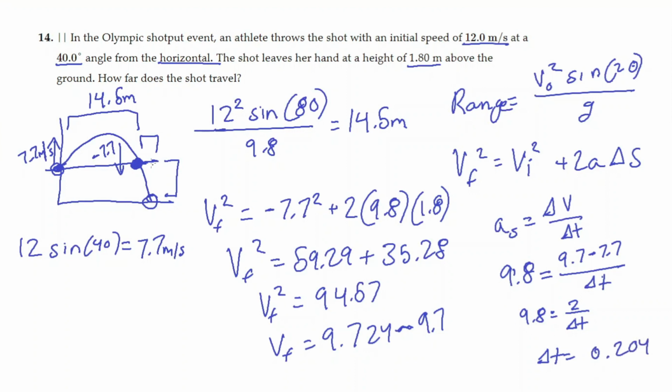So the time it takes for it to fall 1.8 meters at the end of the projectile is going to be 0.204 seconds. So all we need to do is multiply 0.204 times the horizontal velocity, which is going to be cosine 40. So cosine 40 times 12, and that's going to give us an answer of